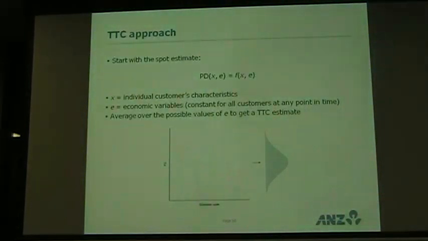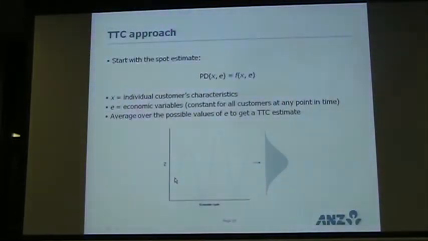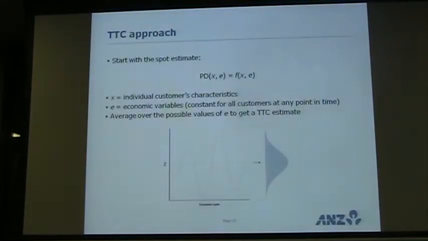So here's a nice picture to illustrate what I'm talking about. Over time, as the cycle moves along, someone's PD, the risk if you like, will go up and down. If you were to average all of these points, you might get something like this. And your through the cycle PD is just the average of that distribution. Doing this graph took me like an hour. That integration, this is basically some kind of integration over E, is complicated.